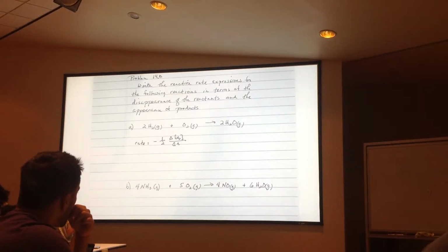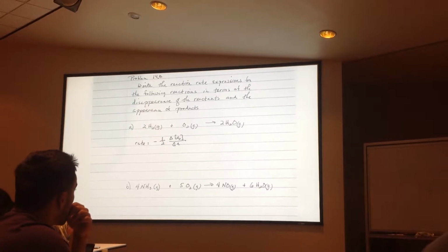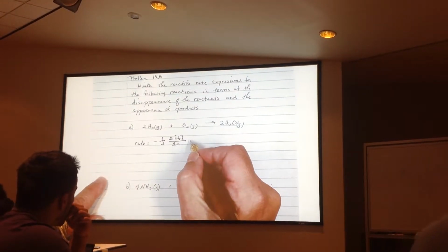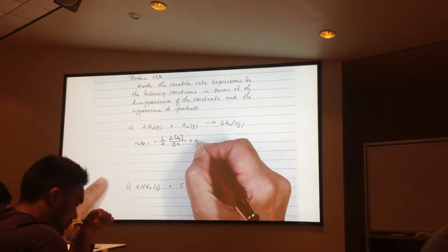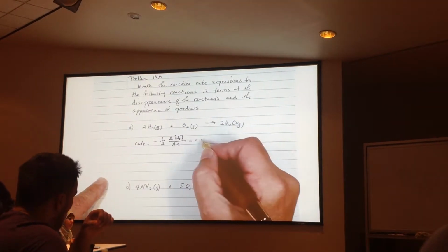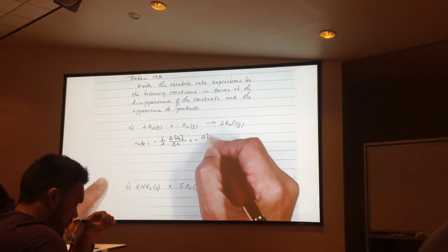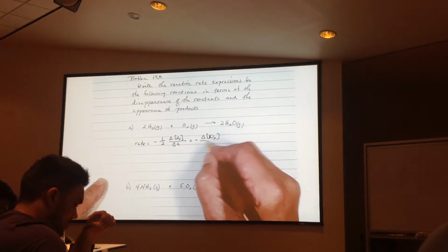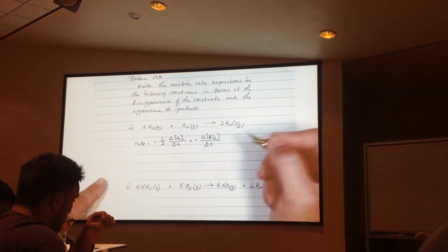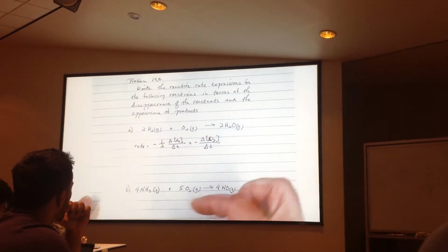Now, the other thing, if, for instance, in the example that we were talking about, if in this case it was a whole lot easier to measure the oxygen, I could also say that that's equal to how fast the oxygen is being used up. So that's for the minus sign. I use 1 mole of oxygen per reaction. So it's the change in the oxygen concentration divided by the change in time. So that should, again, describe the rate for me, because I'm using up 1 mole of oxygen for every 2